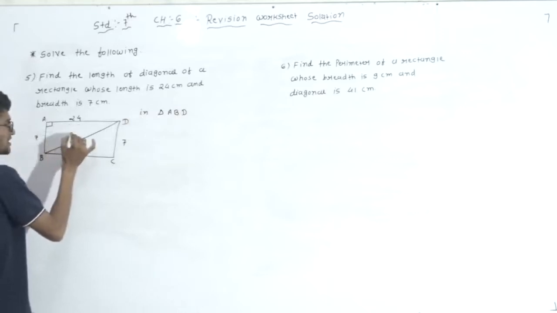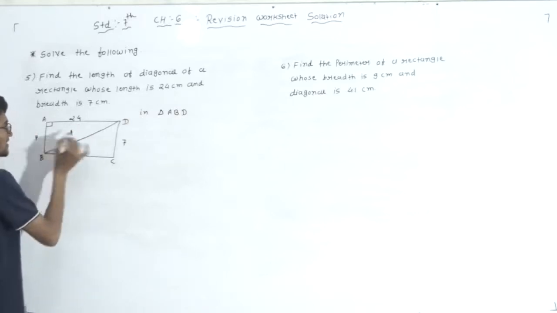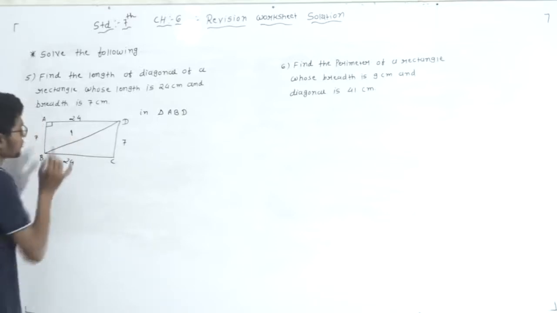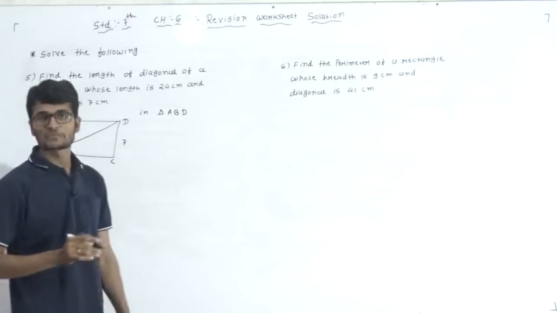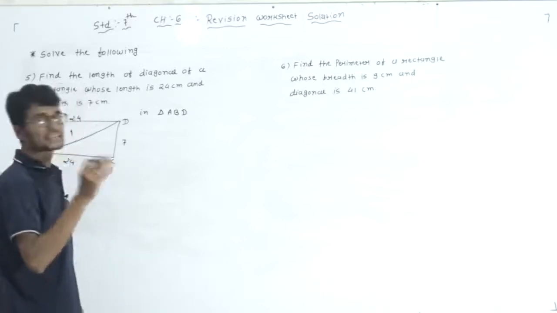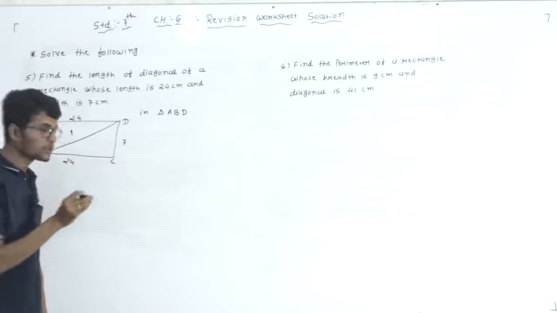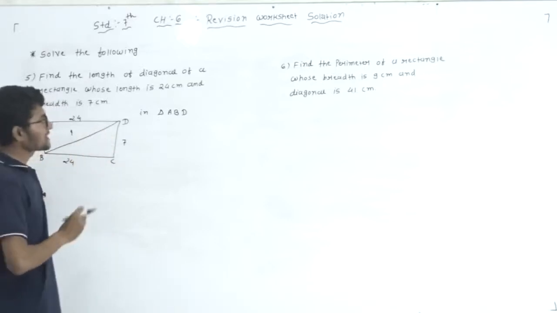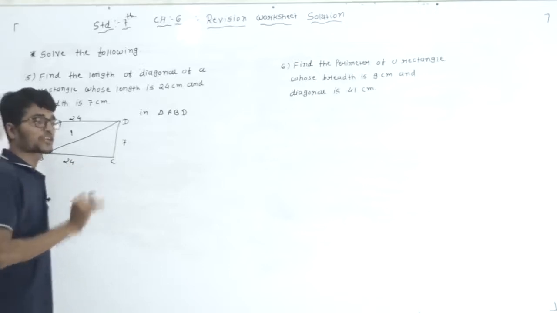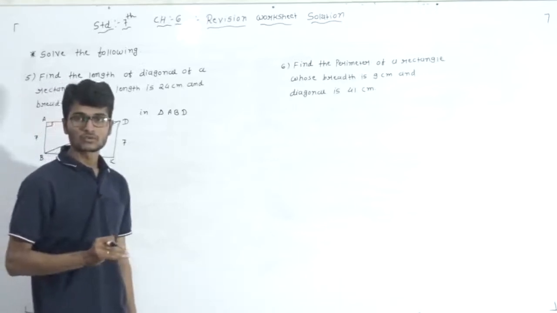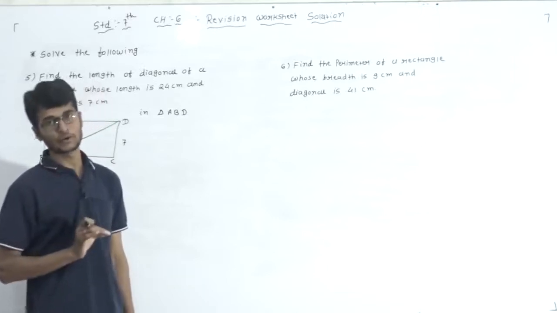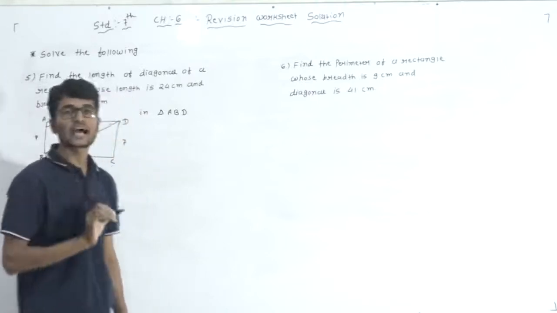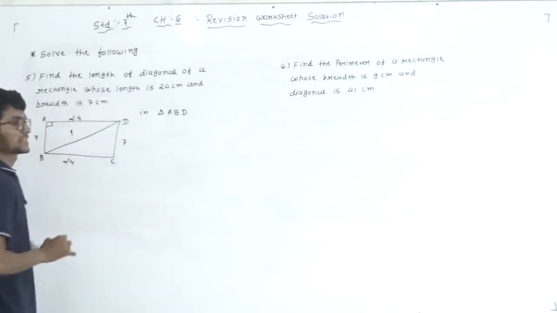The triangle ABD, I am talking about this triangle. In this triangle, this angle is the right angle. Okay? So using the right angle triangle, this means Pythagoras theorem. Using the Pythagoras theorem, we have to find the diagonal's length. So what is the Pythagoras theorem? The Pythagoras theorem is hypotenuse square is equal to base square plus perpendicular square. Now what is the hypotenuse? The side opposite to 90 degrees is always the hypotenuse. It means this one is our hypotenuse side.